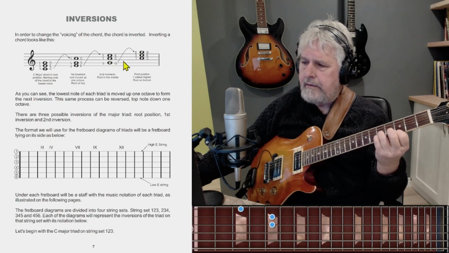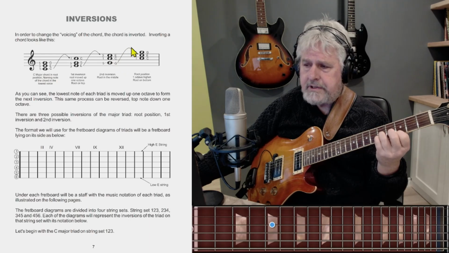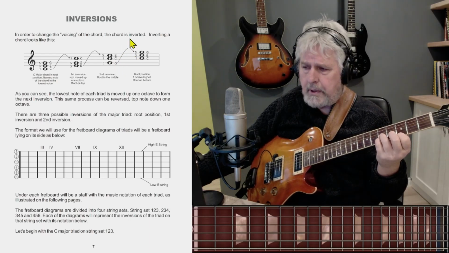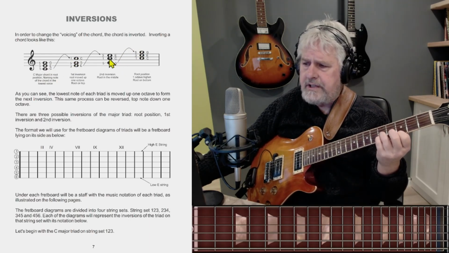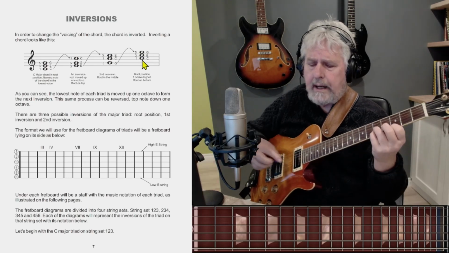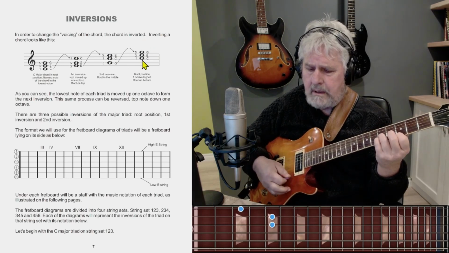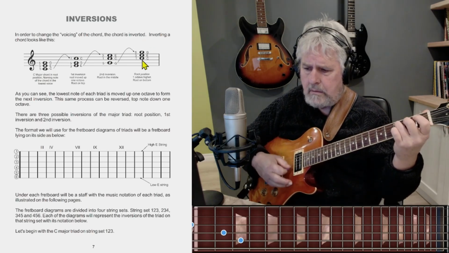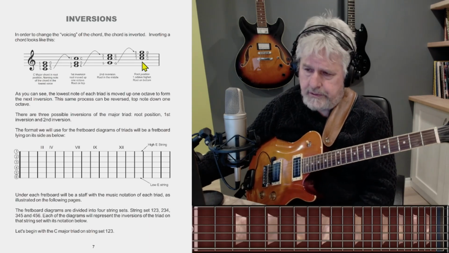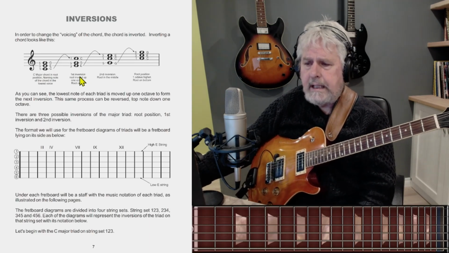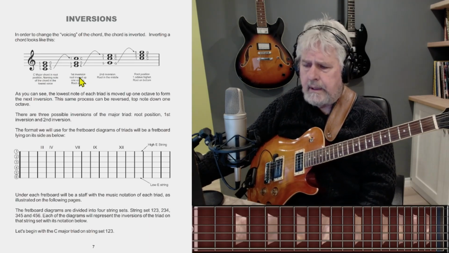And that's an octave higher. In each case, all we do is take the inversion and move the bottom note to the top. C, E, G, E, G, C, G, C, E, and C, E, G again, an octave higher. This C, E, G is an octave higher than this one. Okay, and those are called inversions, and this can be done with any chord, and they're essential, as you'll see